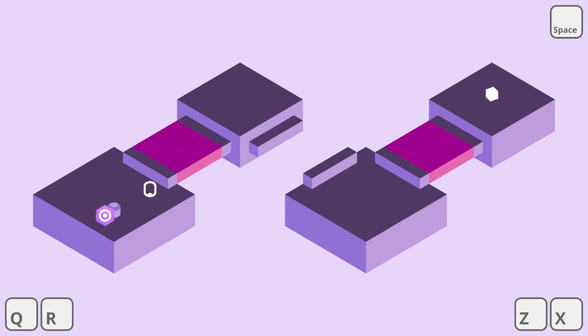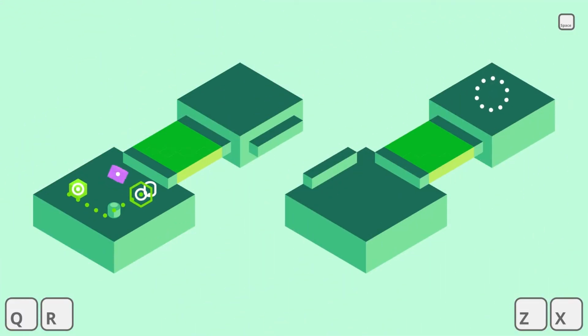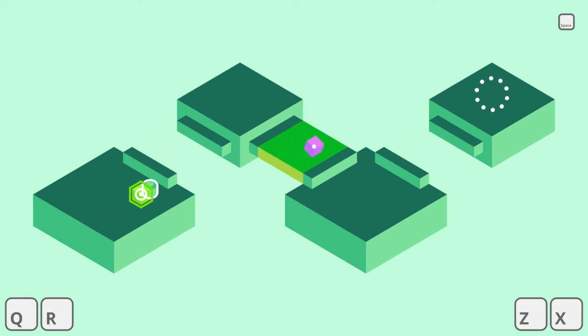So if we give ourselves 5 seconds, say, and there we go. And that should give us enough time to get it in position. And here we go. There we go. Now we just need to wait for my clone to...